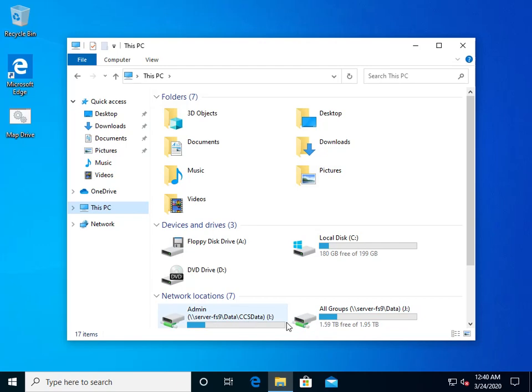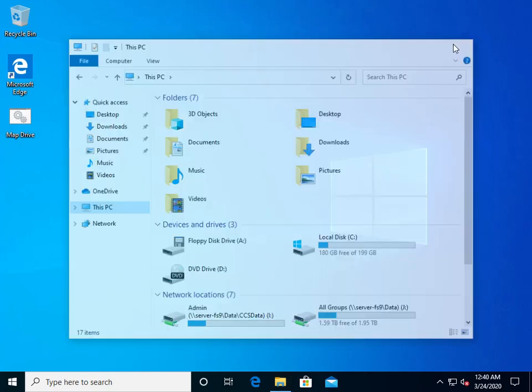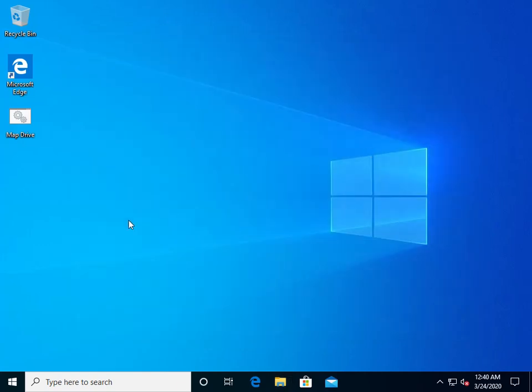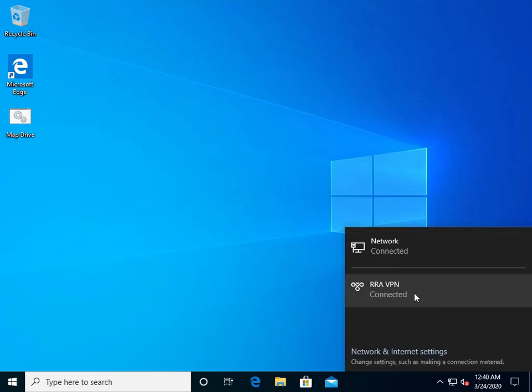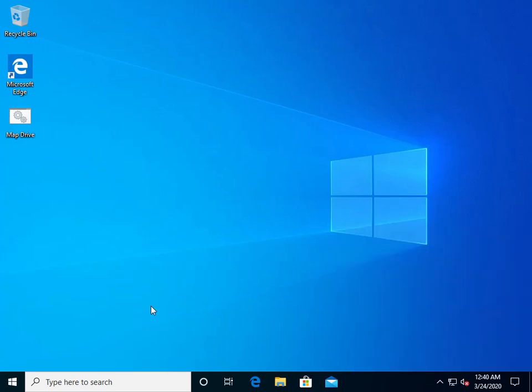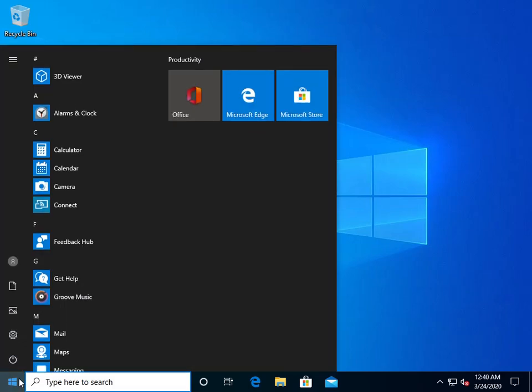Just to verify I have access. Okay, so with this method, I'm inside the VPN. You can see from here that it says it's connected, and it automatically mapped my network drives, and whatever permissions I have, it will automatically work.